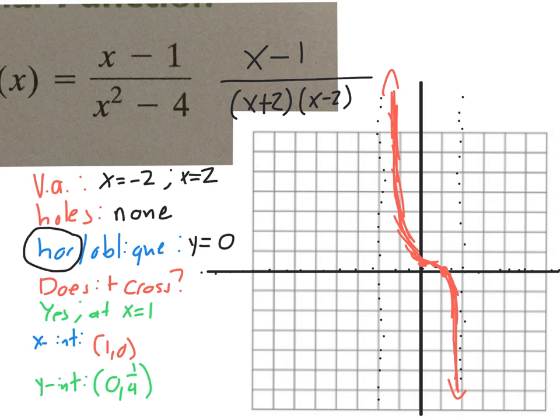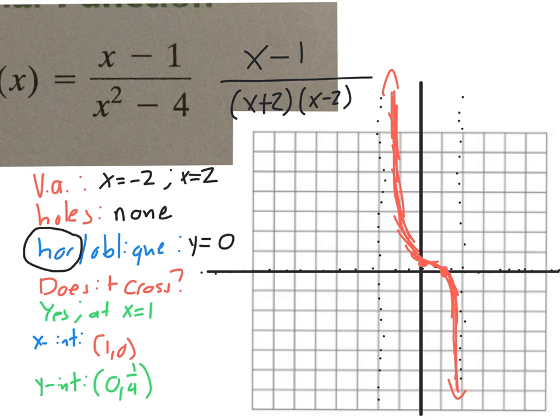Okay, now, the next thing I need to do is figure out what happens over here when I'm left of this vertical asymptote. Okay, I see, before I ever graph, there are really two possibilities. I could be above it and then go up, or I could be below it and go down. Right? It's going to be one of those two things. It can't cross that asymptote again because there are no more x-intercepts. It's not going to cross. So to figure out which one of those